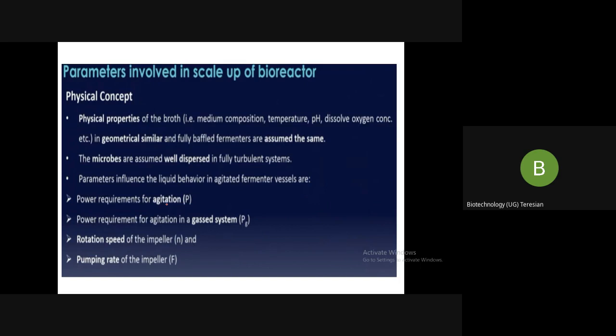Whereas if your agitation is very high, as when you compare it with the production fermenter, then more power is used up. So you have to scale up things in such a way that the maximum amount of power is not used up. And then what did you see? You saw the difference between the gassed and non-gassed system. So it is preferably better to use a gassed system because the gas can induce turbulence in the liquid media and it can reduce the power requirement.